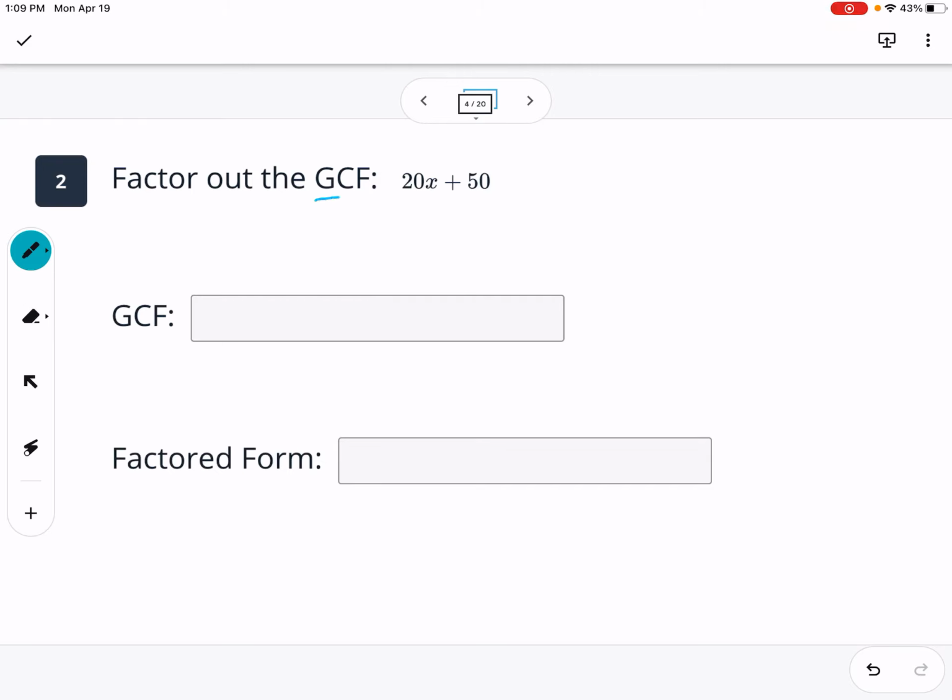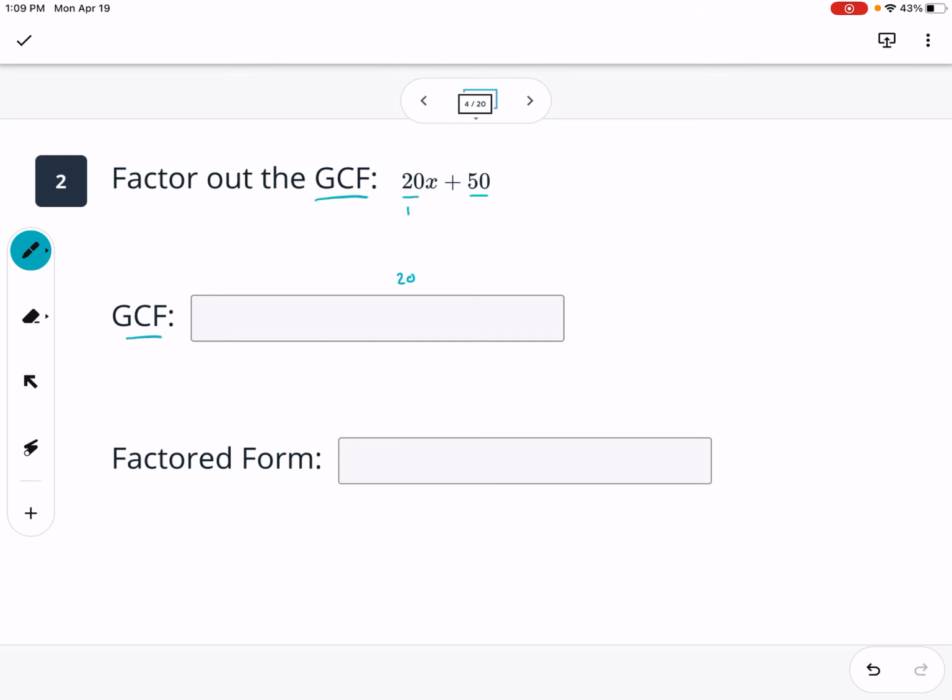In this problem, I'm asked to factor out the GCF. So first I need to find the GCF. So I start with looking at the numbers. I'm going to look at 20 and 50 and think, okay, what number can both 20 and 50 be divided by? Now you can list factors, and you should always start with the smaller number and say, okay, like